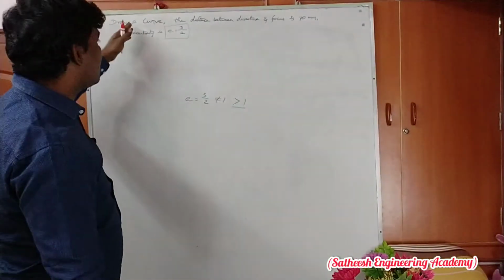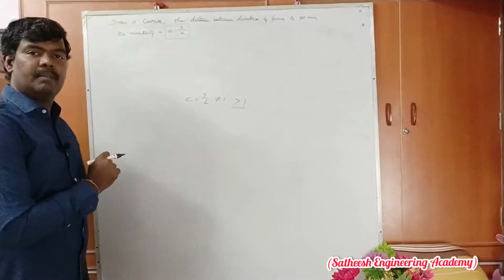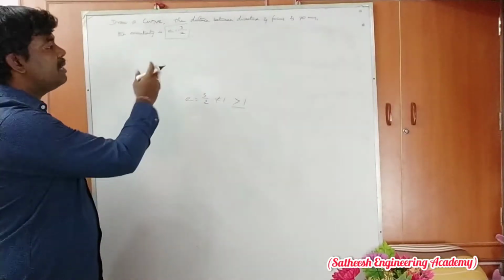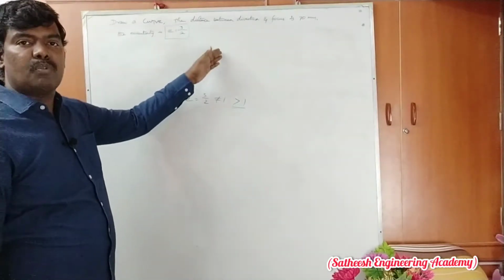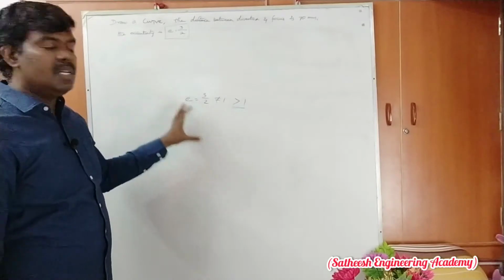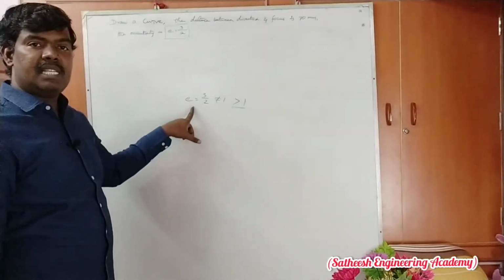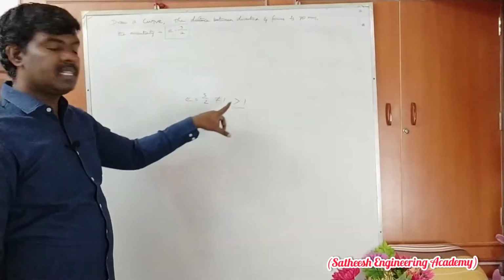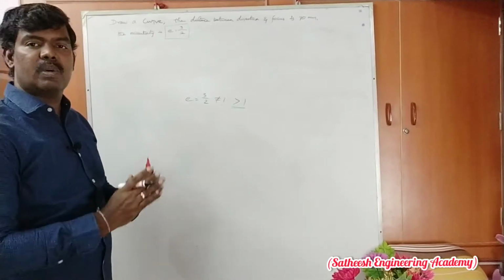Therefore, draw a curve means which curve do you want to draw? Only one, hyperbola. So in the same problem, name the curve also. Here they clearly mention name the curve, so you mention it, okay. So what is the name of the curve? Hyperbola. So the name of the curve is hyperbola. Why? How? The eccentricity is E equal to 3 by 2. It's greater than 1. Therefore, hence the name of the curve is hyperbola. That is your final statement.